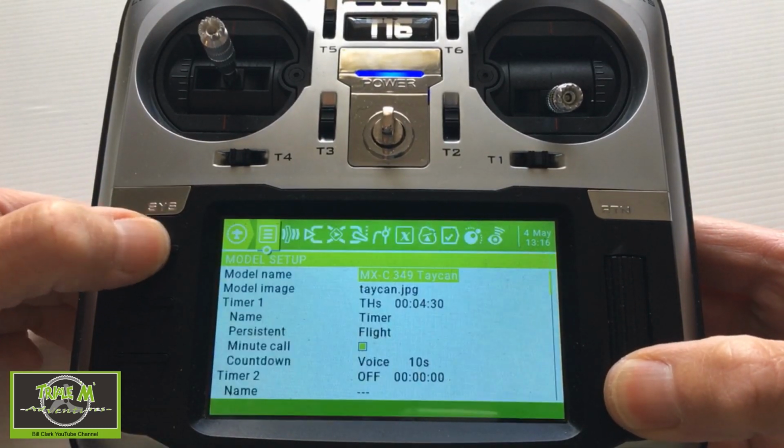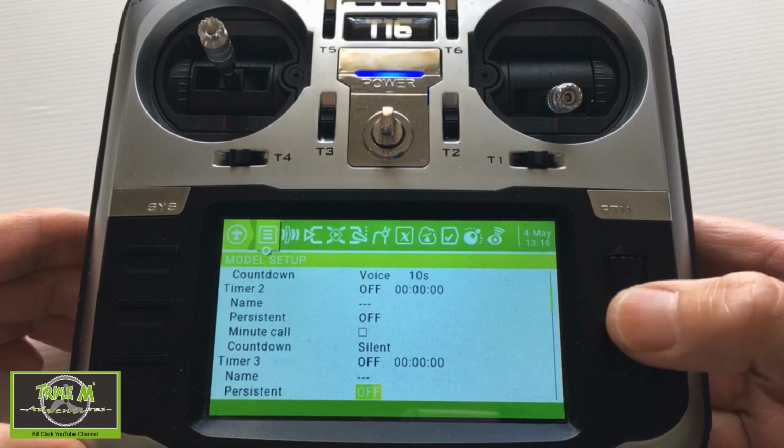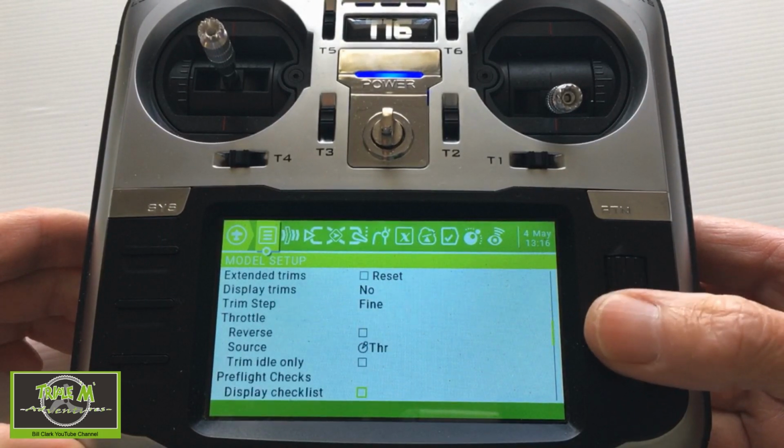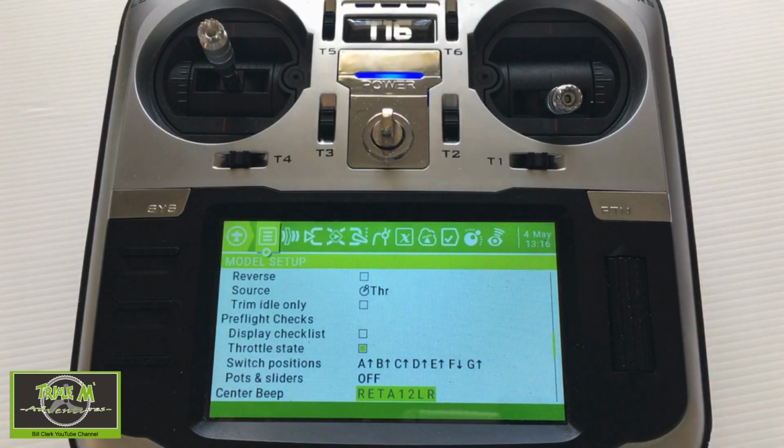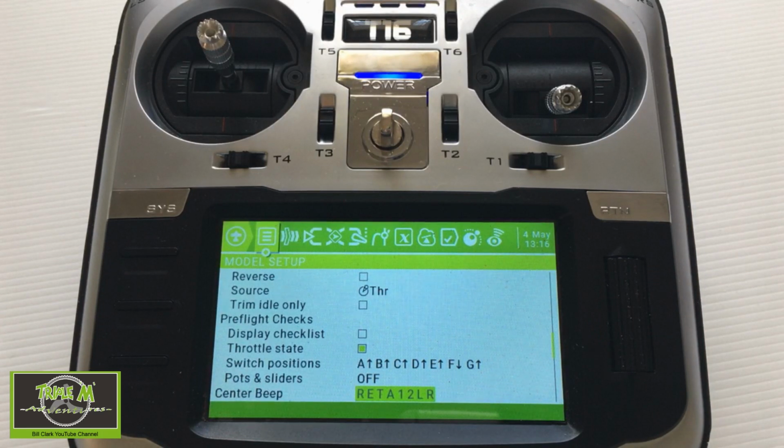Disarm motors. Rate profile 1. Turbo mode off. Okay, I'm going to go down to pots and slides, center beep. Now, with the center beep, this allows you to set up a beep sound when selected controls cross their center